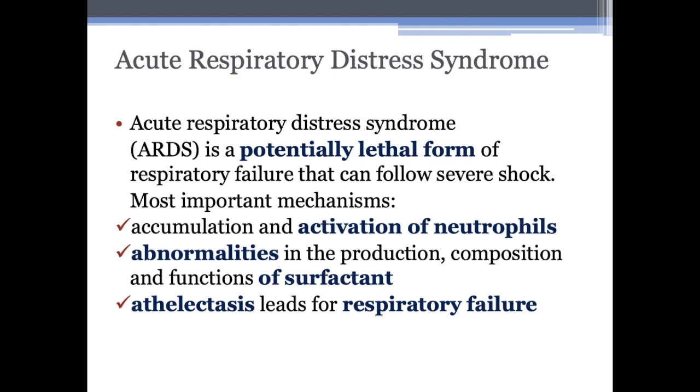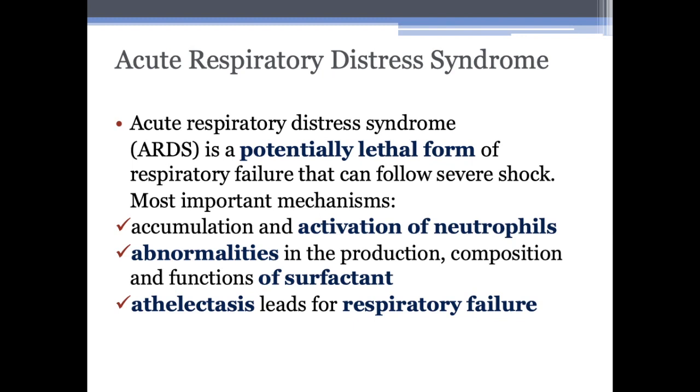It can lead to disorders in production and composition of surfactant, which finally leads to dysfunction of surfactant, and it can lead to atelectasis, which finally leads to development of respiratory failure. So from one point of view we see edema formation, from another one we see atelectasis, and together with accumulation of different pro-inflammatory cytokines and pro-inflammatory mediators, it leads to lack of respiratory function, and it gives us already mixed